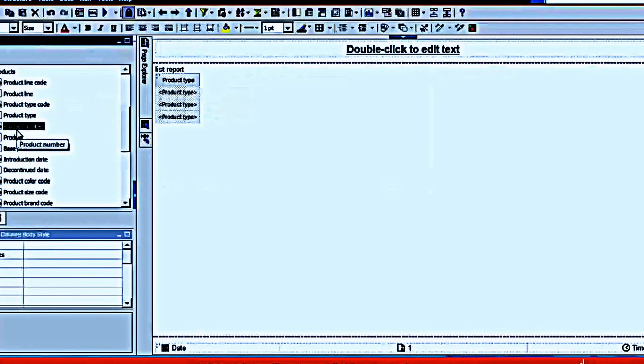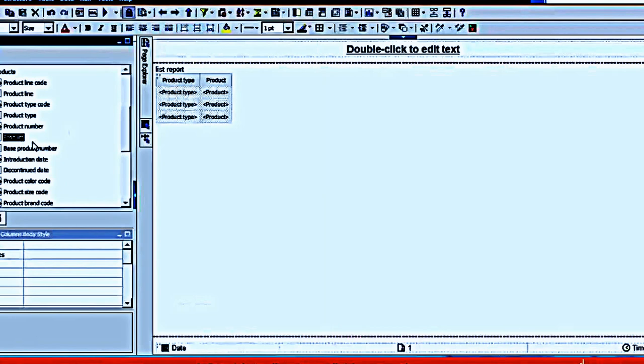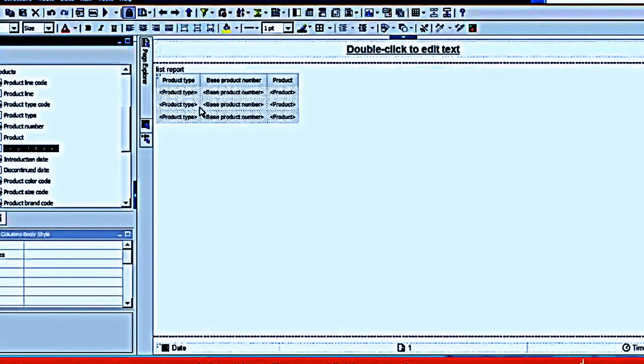As I have already dragged the product type column here, when you drag another column, it automatically comes as consecutive columns. There is no problem at all. But if you explicitly want a new column in between two columns, like between product type and product, I have to check before releasing my mouse that there are two vertical lines and in between there is a blinking line. When I run the report, you will see the data. This is what you have to remember.